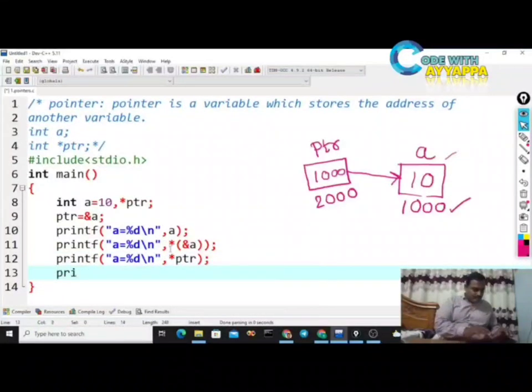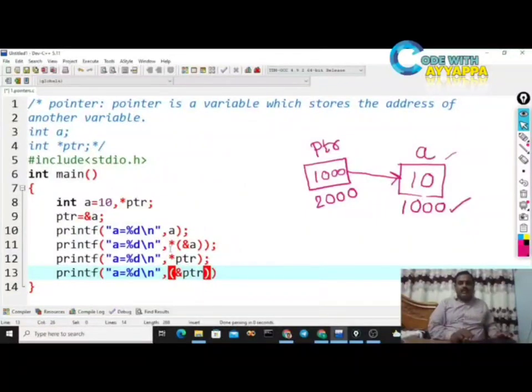Another way: printf("a = %d\n", **&ptr). What is the meaning of &ptr? &ptr is nothing but the address of ptr. Look at the diagram again. What is the address of ptr?